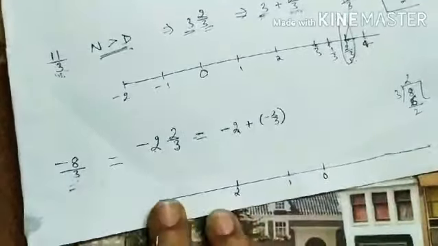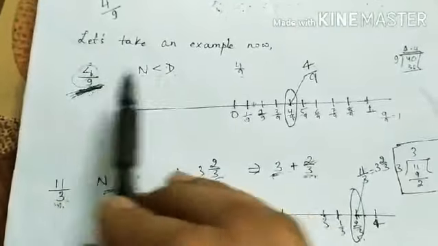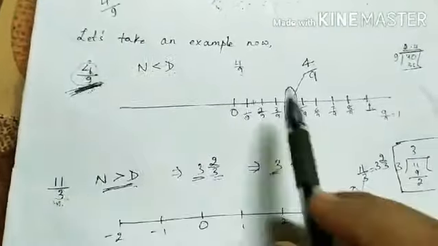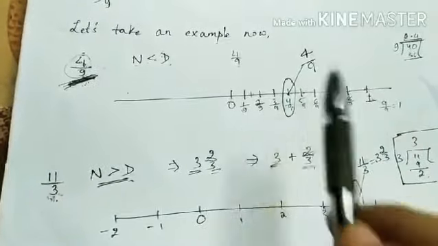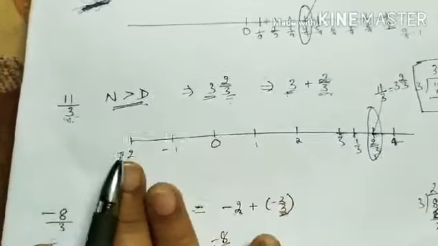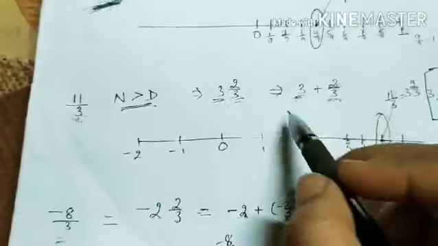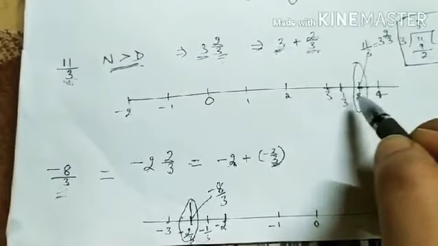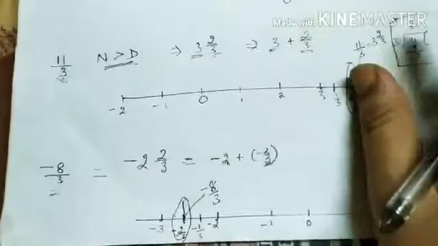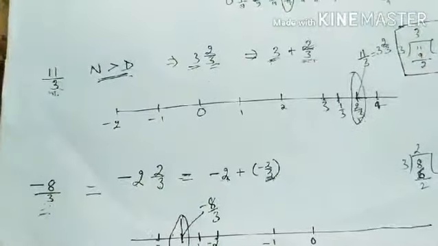I guess you have understood now how you have to proceed. If it is a proper fraction, then you have to check for the denominator, and you will know where it will lie between. So in that case, you have to equally divide the space, and accordingly you have to mark the number on the number line. And same thing is in the improper fraction also. Only part is different, that you have to convert it into first mixed fraction, and then the same procedure you have to follow. You have to take the whole part and a little bit more than the whole part. I hope now this is clear to you. So with this we have completed this topic, that is representation of the rational number on the number line.